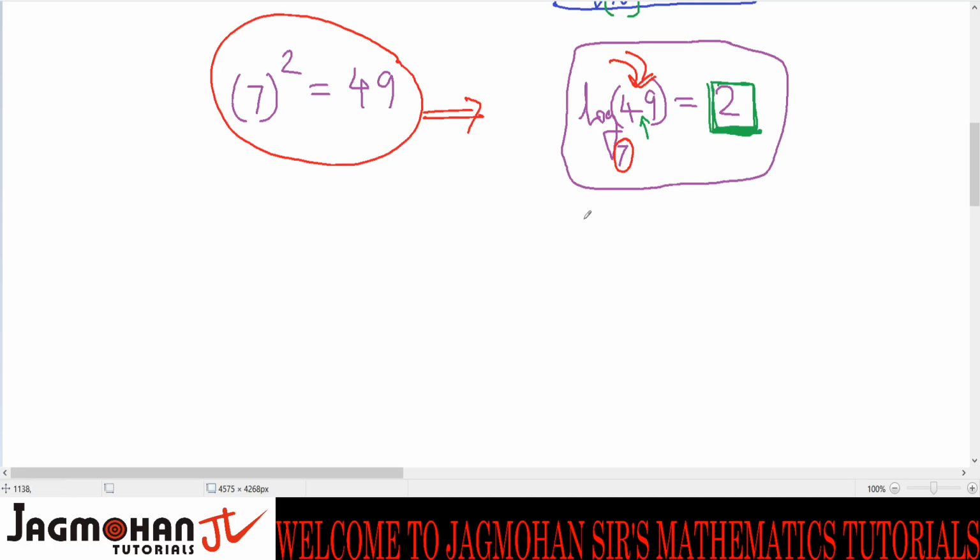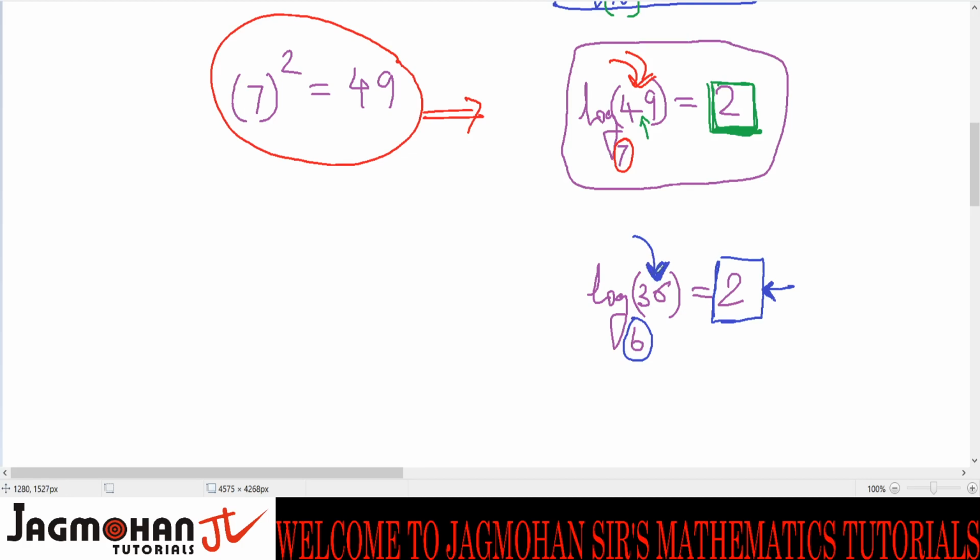So on this line, students, if I ask you log of 36 to the base 6, what should it be? Take a pause and tell me. It should be 2. Why? Because log of any number to a given base should be equal to that number which when given to the power of base, we should get the original number whose logarithm you found.